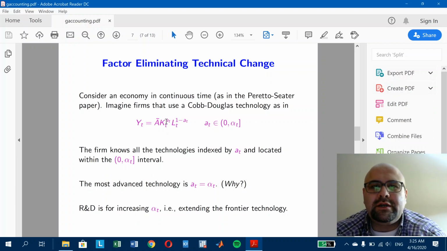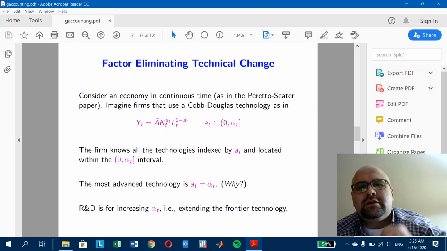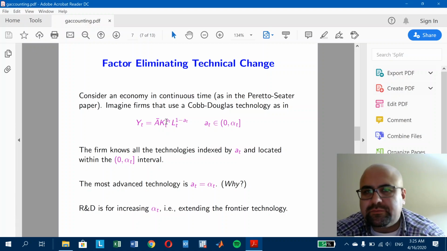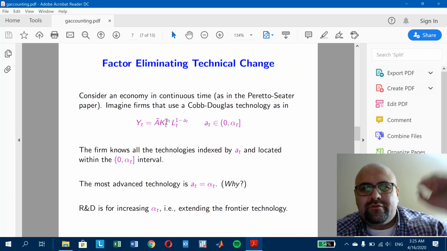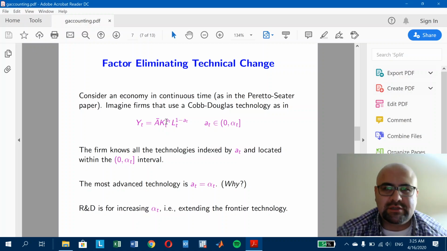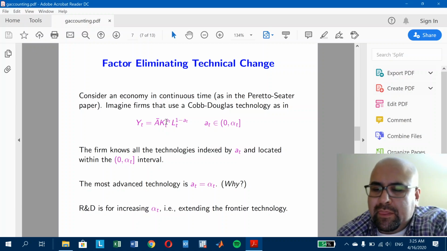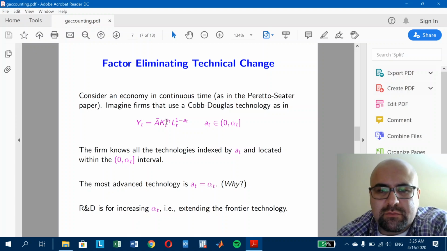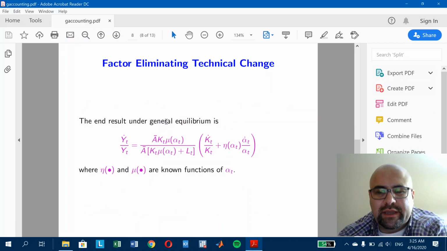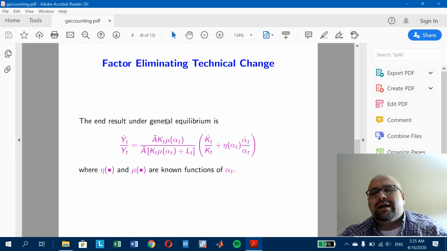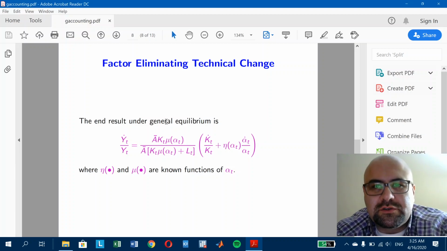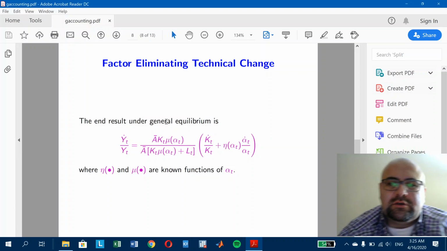alpha t. All right. So firms will spend scarce resources to increase their frontier technology, okay, so that they can choose from a larger set of technology options, okay. And here, of course, I'm not going into details of this model, but the end result is important because the end result will give a highly complicated picture about the sources of growth. All right. So